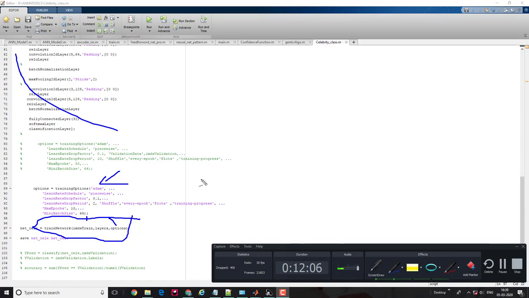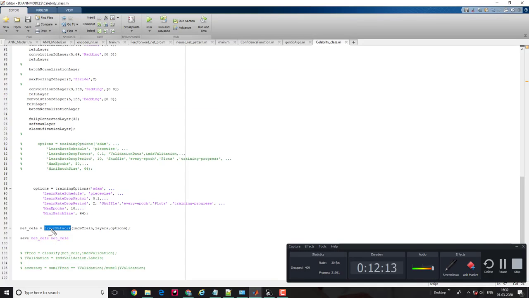Layers and image data train. Once you have these three things, it's time to train your network, and after training, the network will generate a pre-trained convolutional neural network which contains all celebrities' input images and their target vectors.